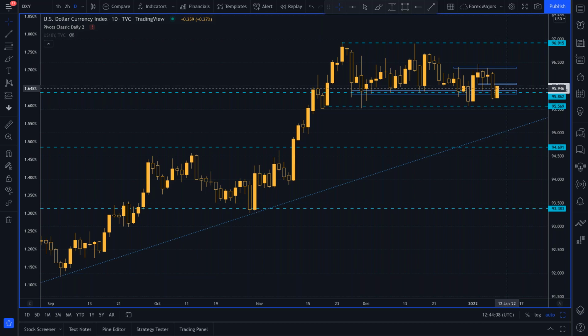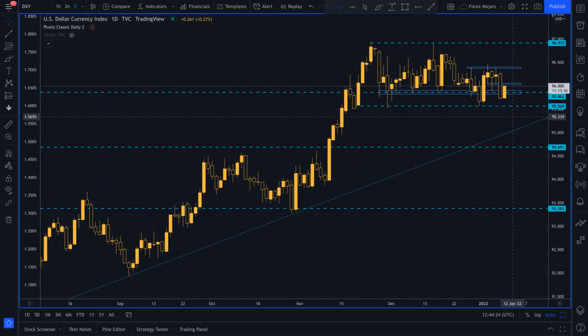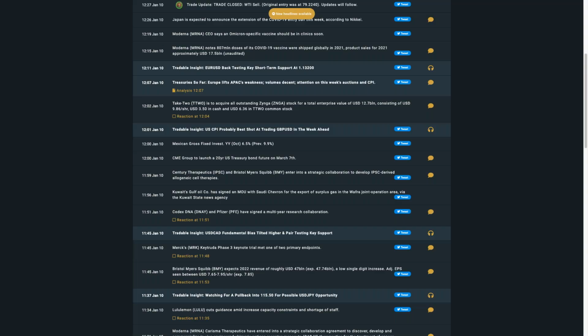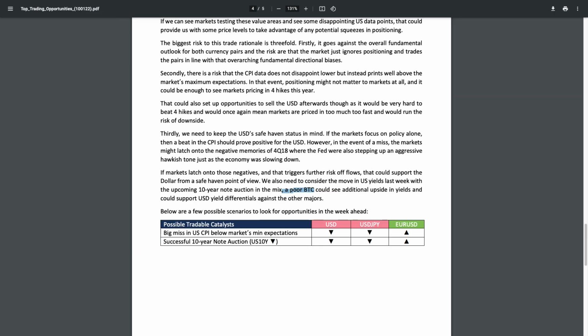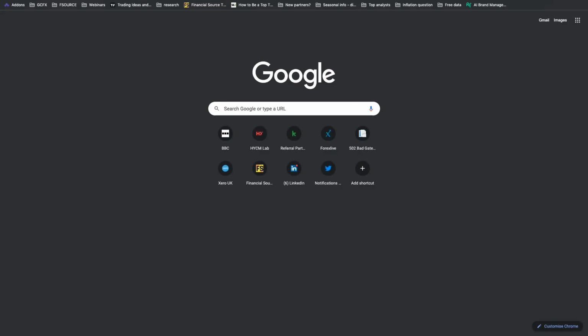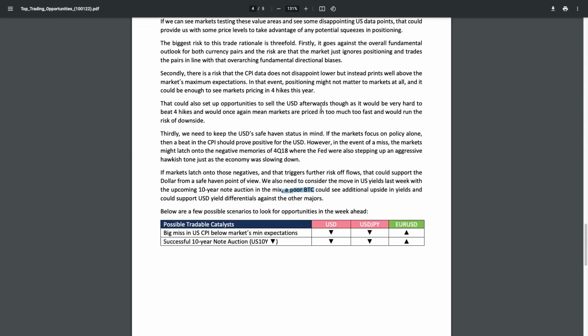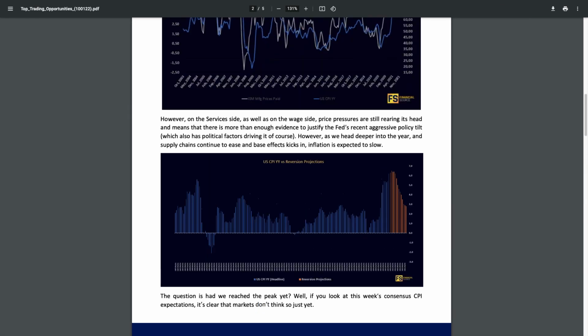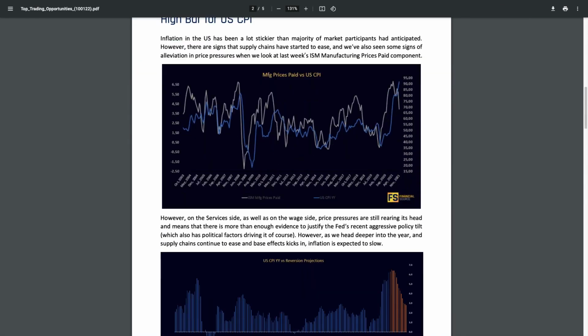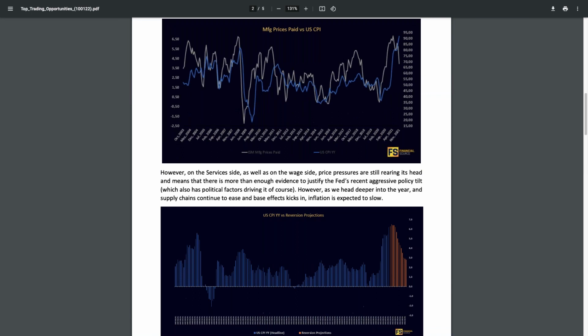If we see more risk-off trading, more yen strength, expect the dollar to also strengthen. We'll look at CPI data, but if we see more expectations of more aggressive Fed action, that should support the dollar. The best opportunity is if we see reasons for dollar weakness. I'll tell you why. Because a lot of that dollar strength has been priced in. Okay, so that's been priced in because it's been expected for a long time.